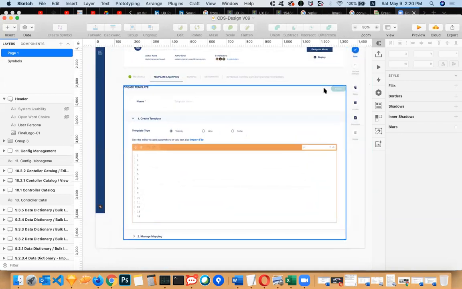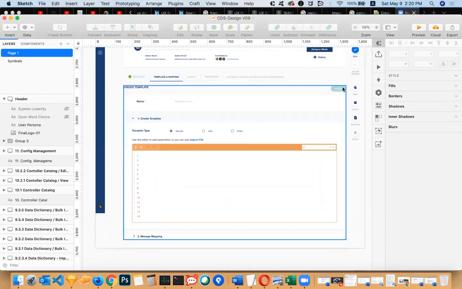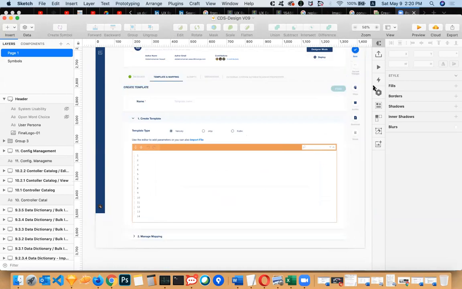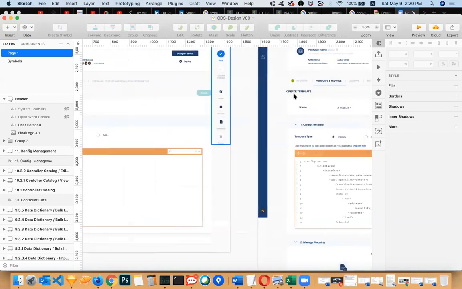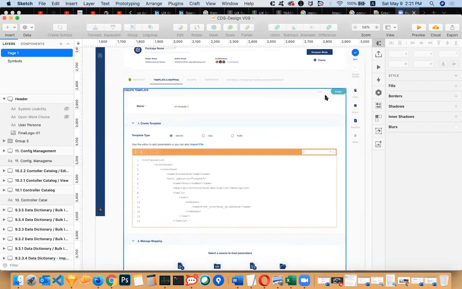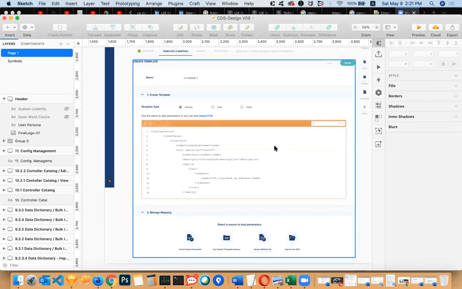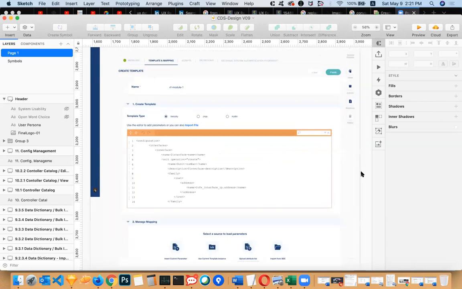I moved the submission buttons to the top in this section, and I made it Finish. Of course, it will be enabled when the user enters a validated name. And we already have a clear button that will clear all the data in the template.